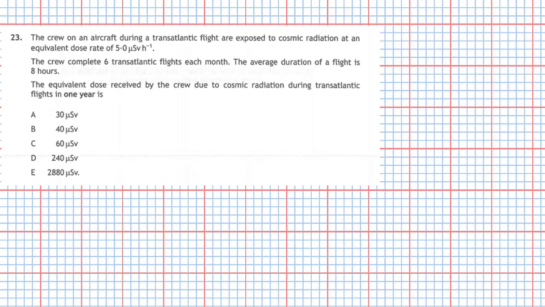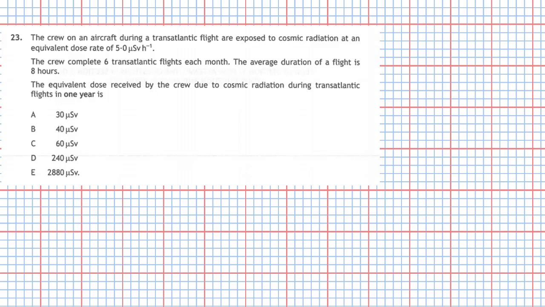Question 23 from Section 1 of the 2019 National 5 Physics Examination. The crew on an aircraft during a transatlantic flight are exposed to cosmic radiation at an equivalent dose rate of 5 microsieverts per hour. The crew complete 6 transatlantic flights each month. The average duration of a flight is 8 hours. The equivalent dose received by the crew from the cosmic radiation during the transatlantic flights in 1 year is,